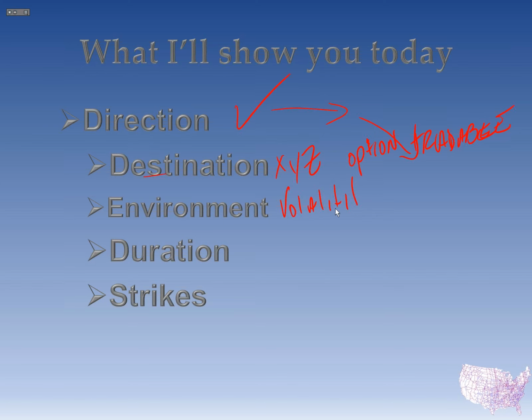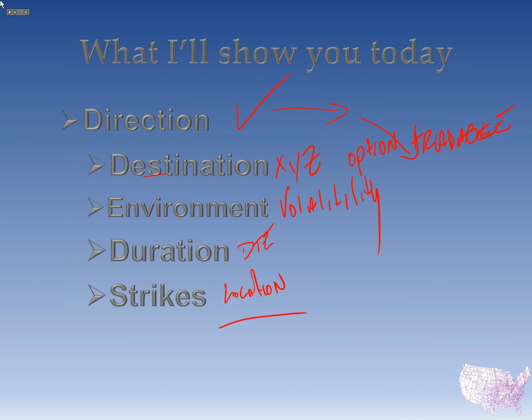Volatility. Something like, I don't know, I'm brain farting right now. The duration: what is the best days to expiration? We're going to be talking about that specifically. And finally, we're going to be talking about strike location. We're going to need to know exactly where our strike location is for these. And we'll talk about all of those things in this webinar.